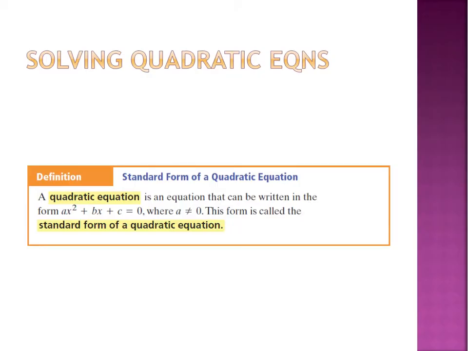So just to do a quick refresher, we're going to talk about what a quadratic equation is. A quadratic equation is written in standard form if we have ax squared plus bx plus c. Now, what we're going to do when we have to solve these is set them equal to 0. Standard form, if you remember, is when we have the highest degree listed first, followed by the next lower degree, and the next lower degree, all the way down until we get